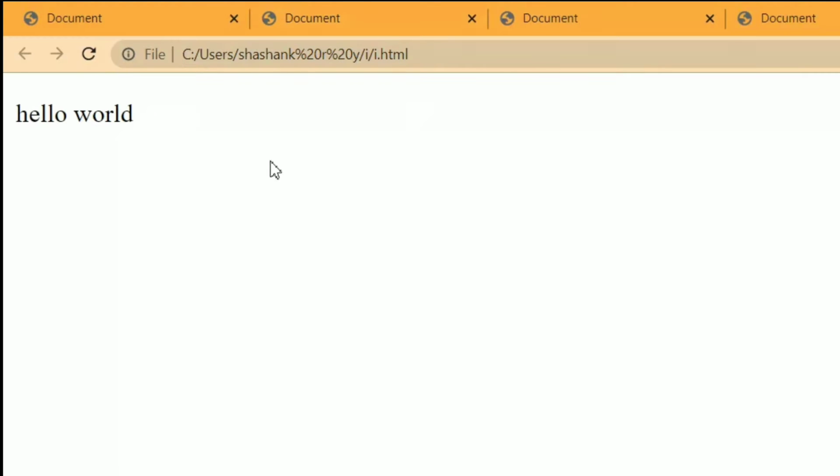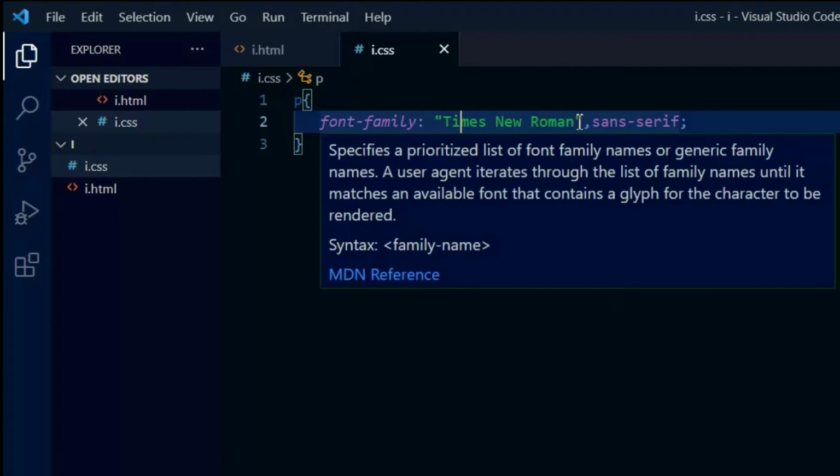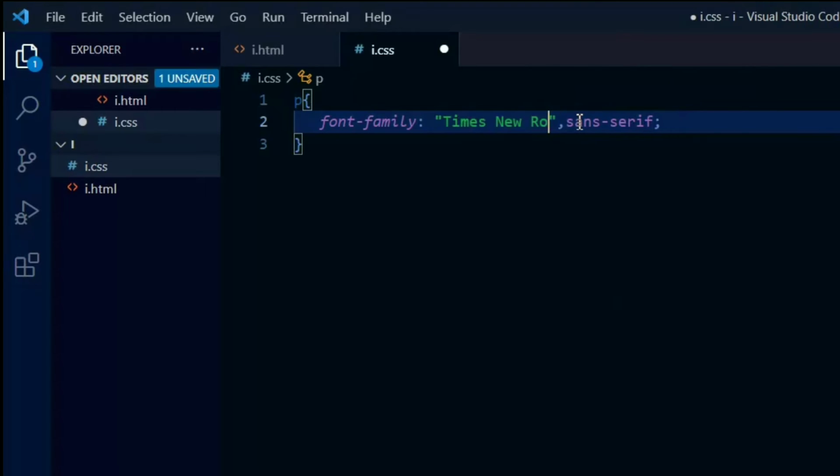the Hello World text got its font as Times New Roman when I used the font family as Times New Roman. And in the next section I'm going to cover using the Arial text. When I am using Arial,